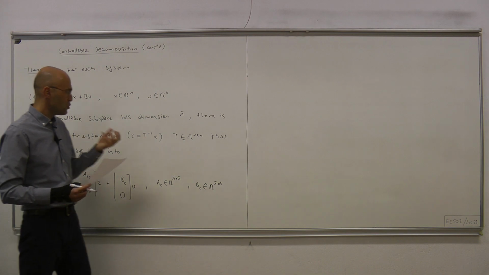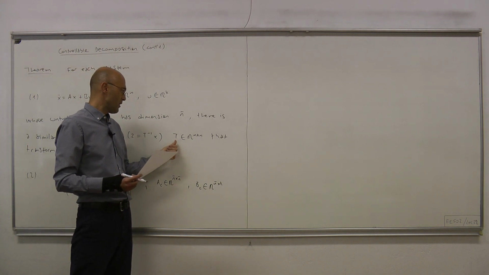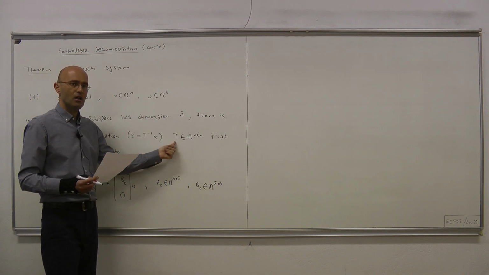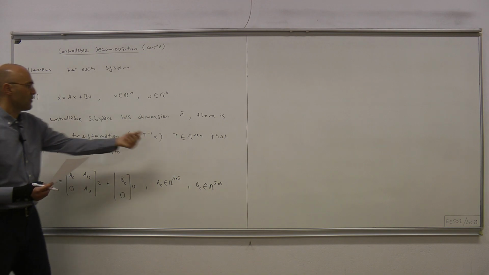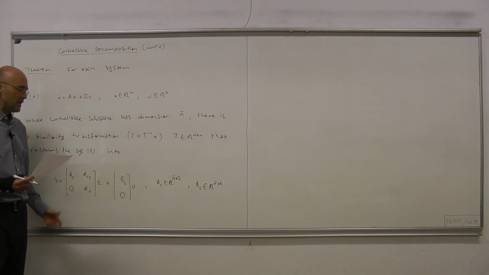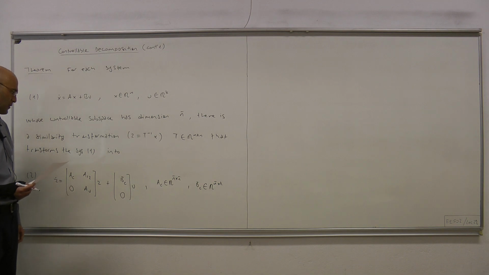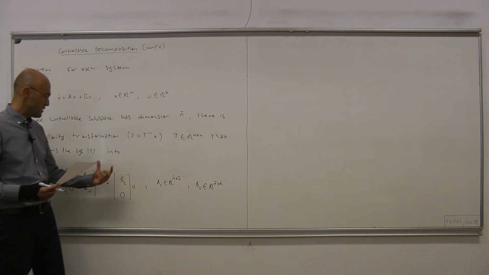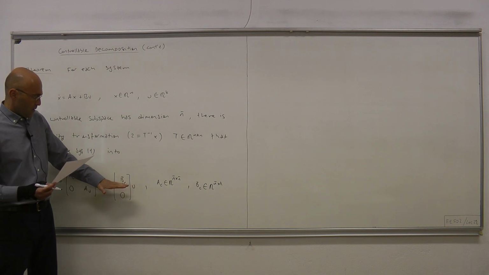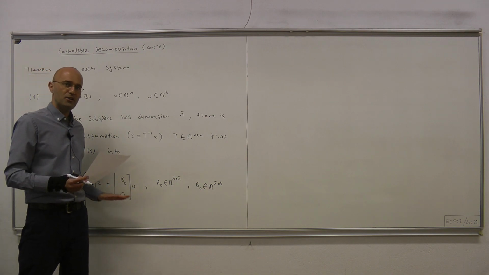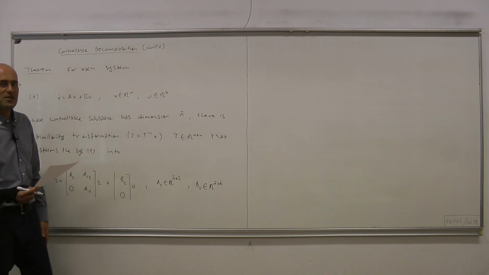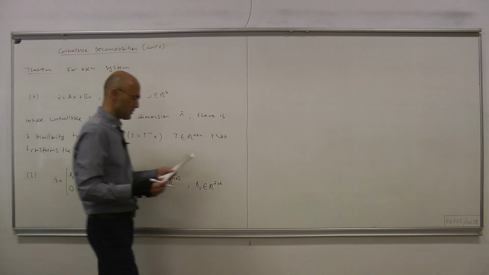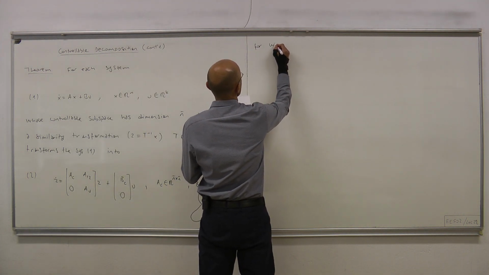And if you use such a transformation where the first n bar columns make a basis for the controllable subspace, under that transformation, the new system that you obtain has this very special structure, where the A tilde matrix is upper block triangular and the B tilde matrix is such that below a certain line all its rows are 0. Now this representation has some further properties, so let's continue our theorem, for which the following holds: